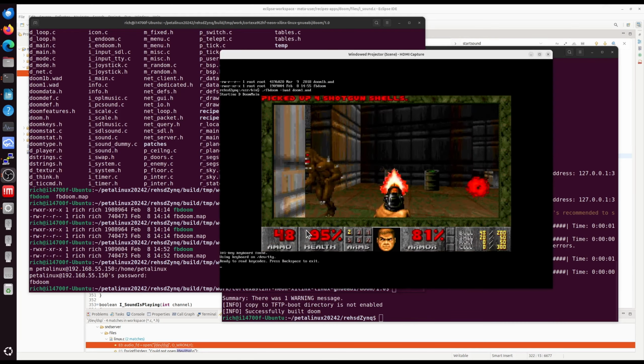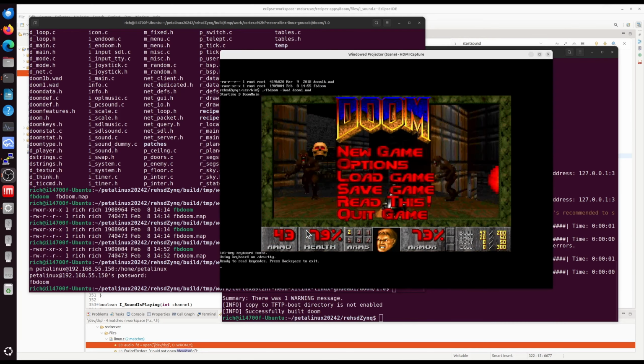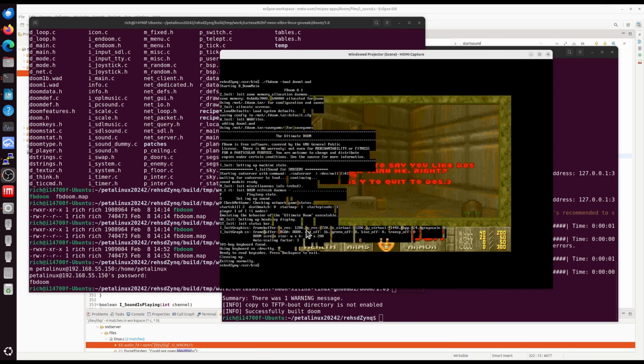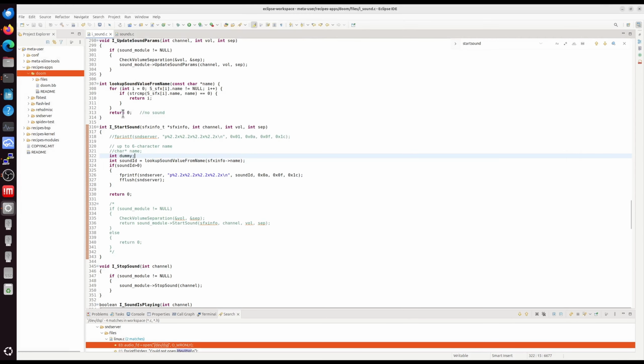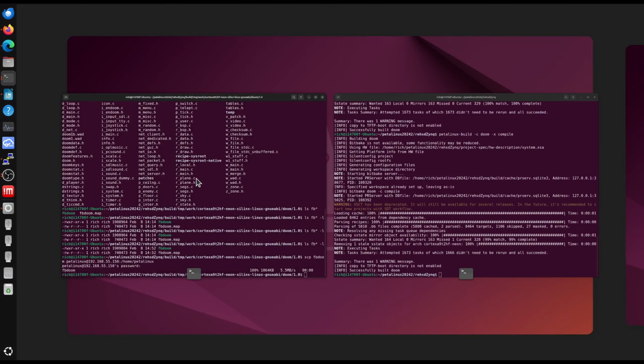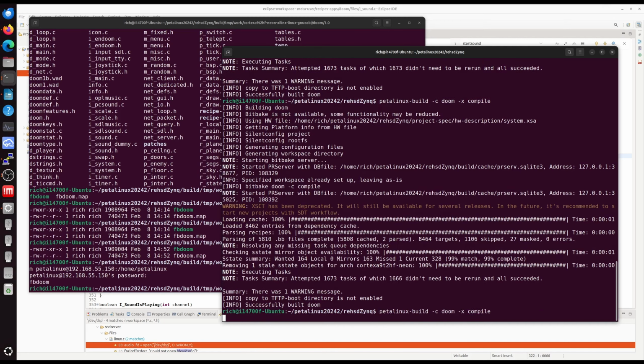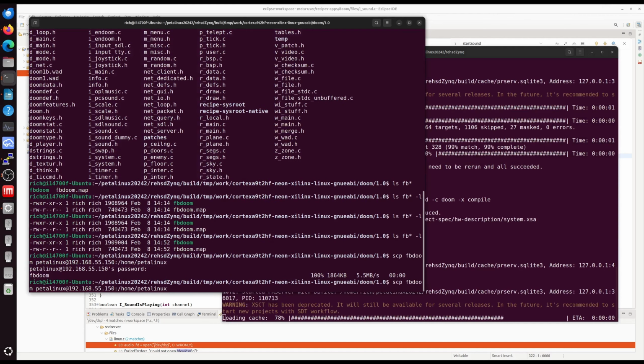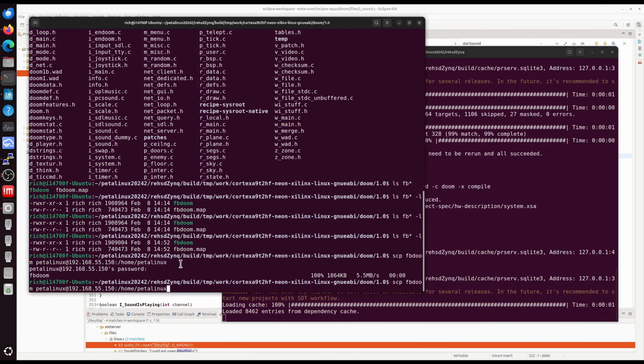And I meant to escape out of that. Let me get out. But now I can come over, I can update the code here. So if I wanted to say, well, I don't need this declaration, I can save it. I can flip over to here. I can quickly just compile it. And then I can flip over here as soon as that's done and press this and get it copied over